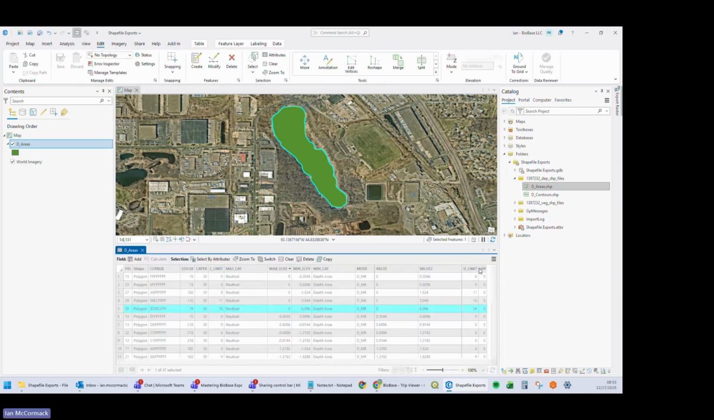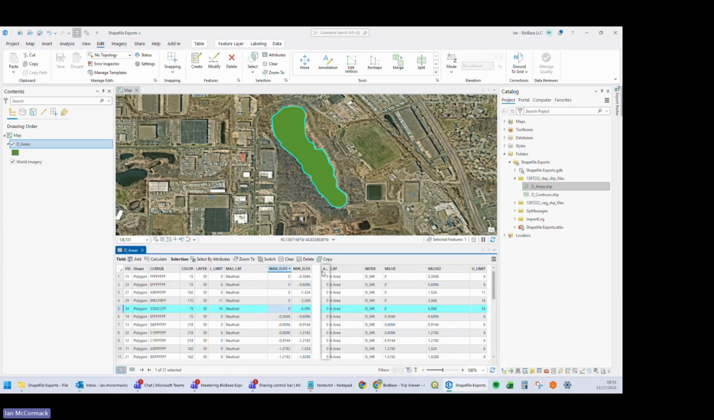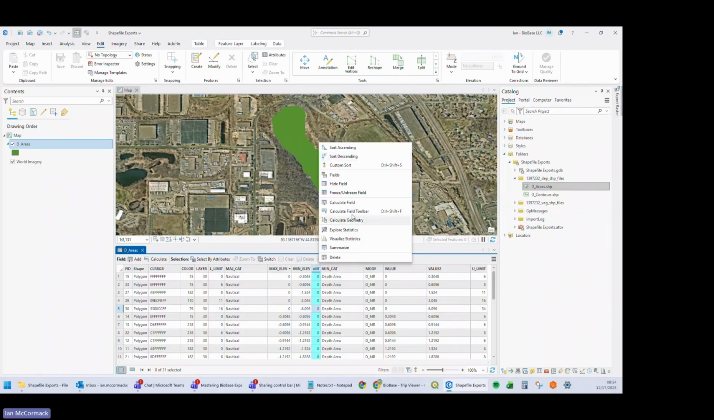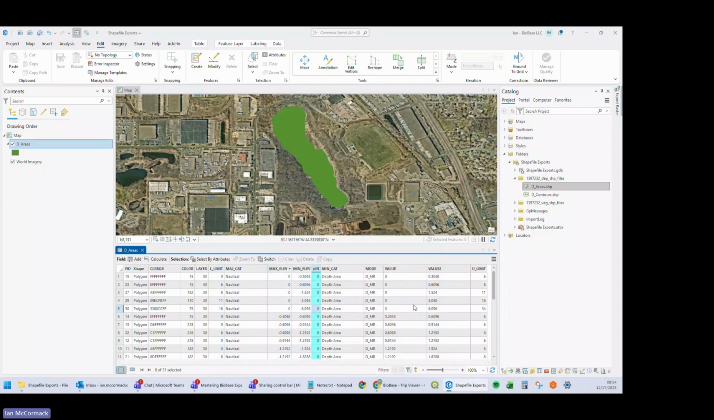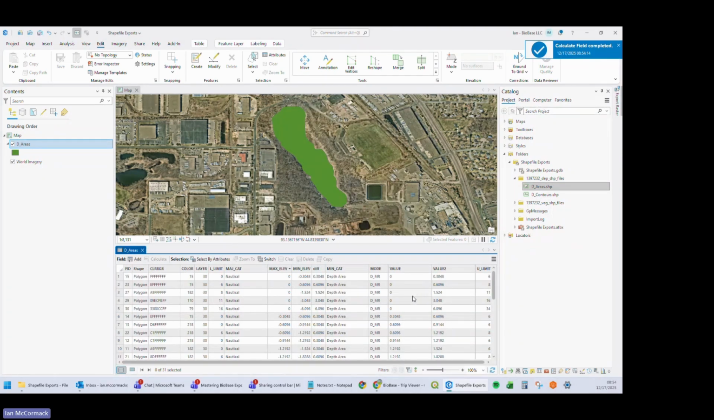And so if we calculate the difference between max elevation and min elevation, let me clear this, okay. Calculate the difference using calculate field between max elevation and the minimum elevation, we will see the depth range that each of those features represents. And if we sort by diff,